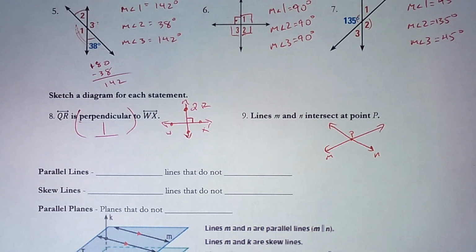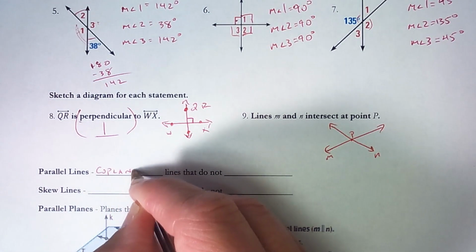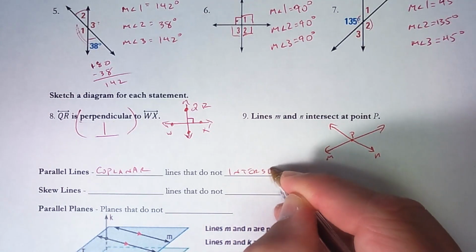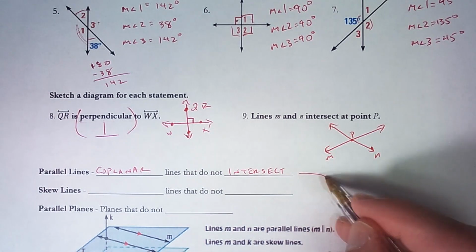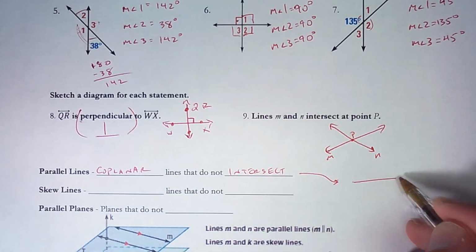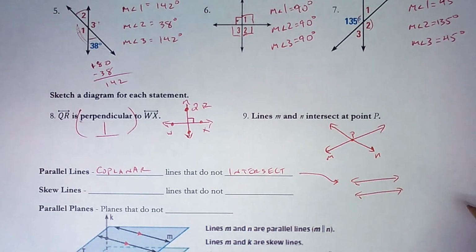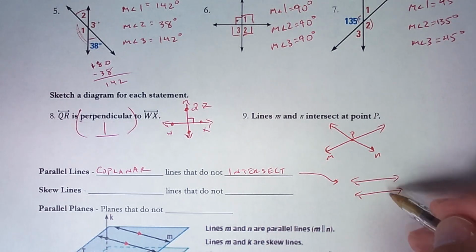Okay, so now we are on to some new terms. Parallel lines are coplanar lines, so they lie in the same plane, that do not intersect. Okay, parallel lines look like this. Okay, they're never going to touch each other, and the way I can use symbols to tell you that these